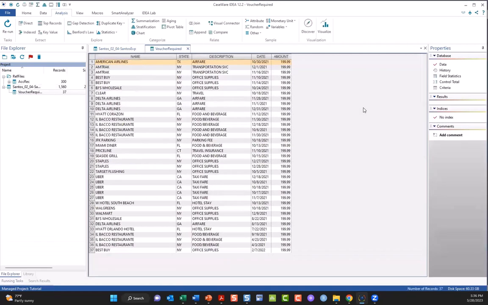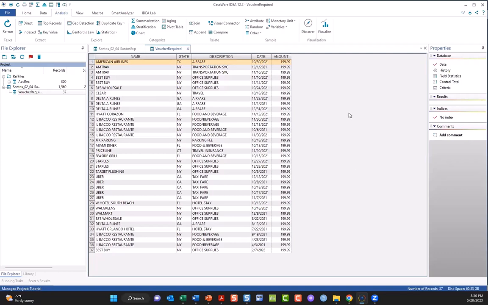And there we go. We see 37 transactions, all for $199.99. I want to sort it. How is it? Oh, it's sorted by name. I want to resort this. I'm going to sort it by date